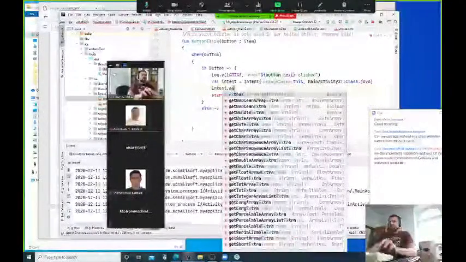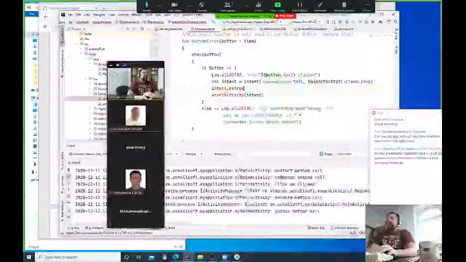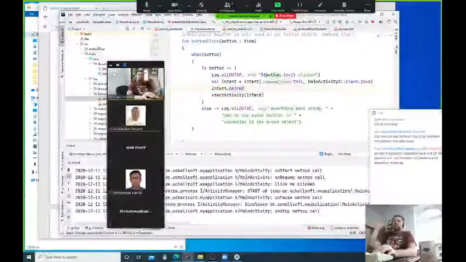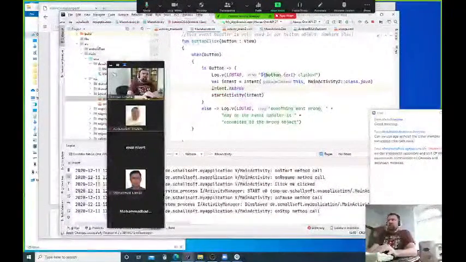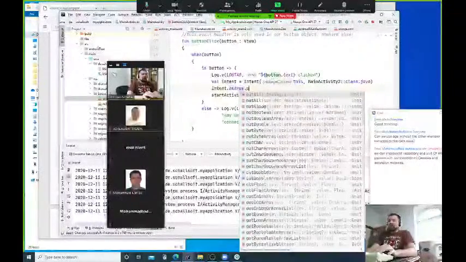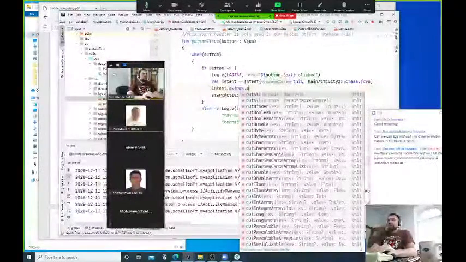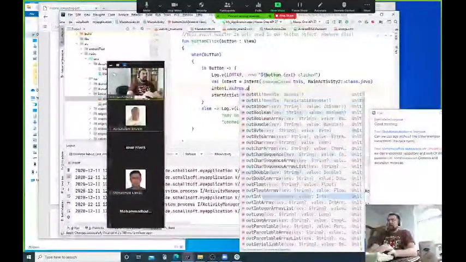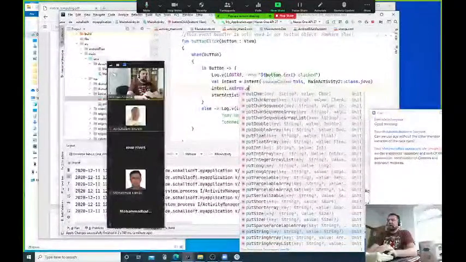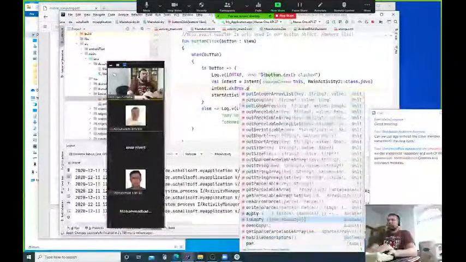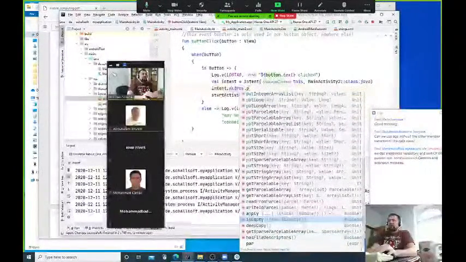It's called extras. Better. It has extras. The intent has extras, and this is the data we put into this intent. We can put some extras into the intent. So put a string